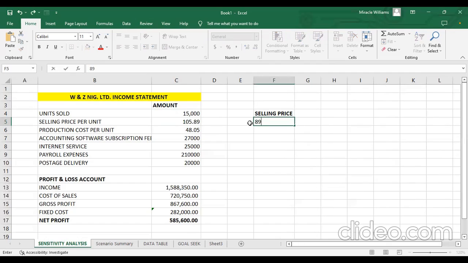Let's say I want to look at a price like, let's say 89.20, okay, let's say 94.20, okay, let's say 99.20, let's say I'm also looking at, or let me say I'm looking at 105.89, okay, 105.89, and let it be